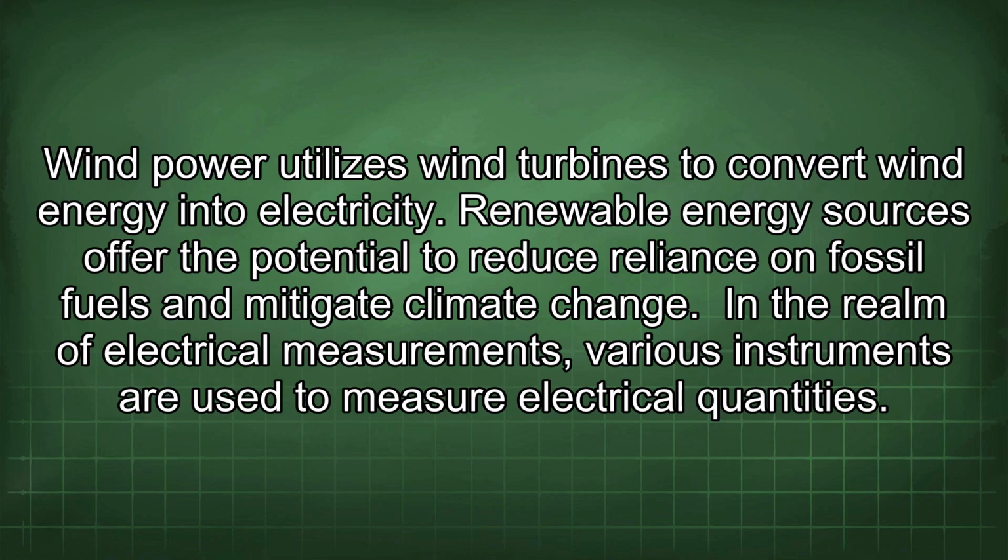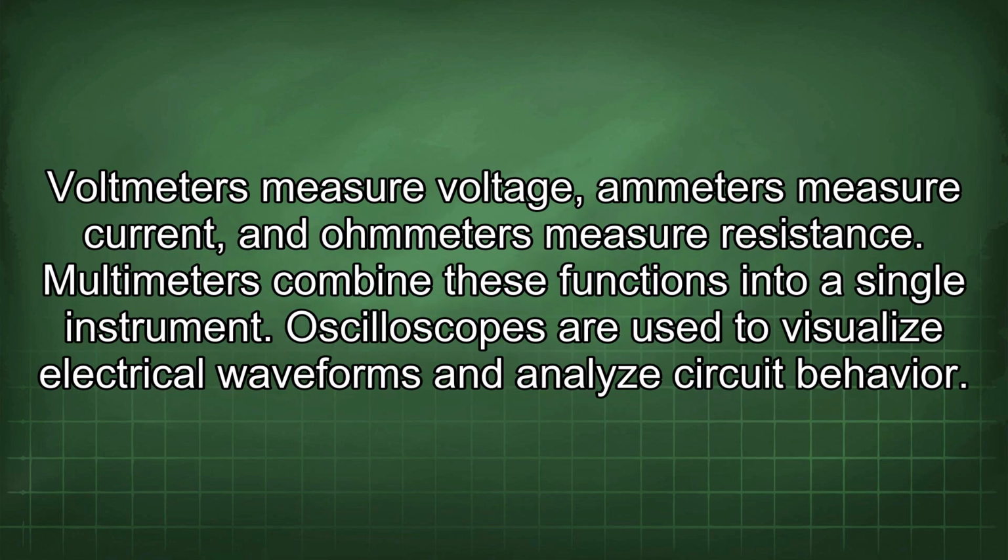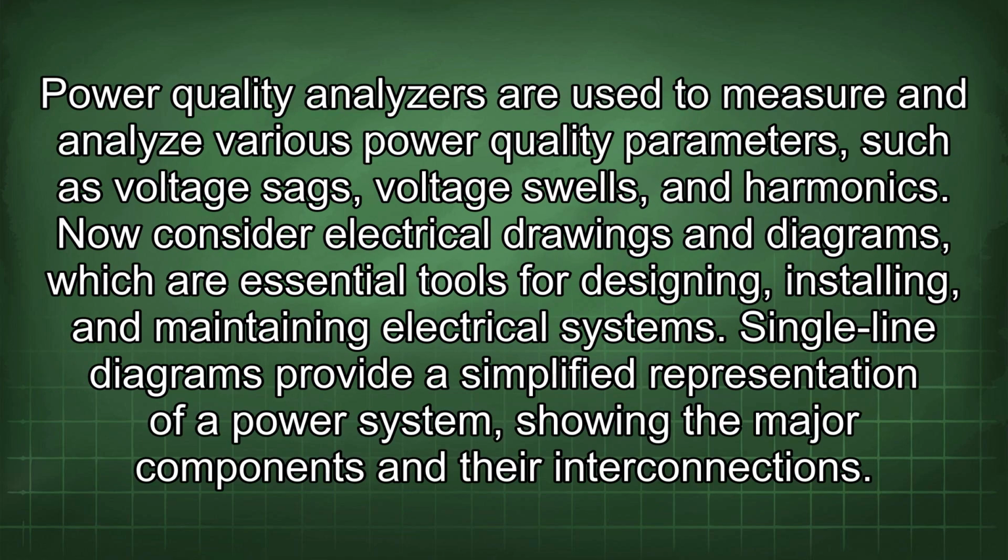In the realm of electrical measurements, various instruments are used to measure electrical quantities. Voltmeters measure voltage, ammeters measure current, and ohmmeters measure resistance. Multimeters combine these functions into a single instrument. Oscilloscopes are used to visualize electrical waveforms and analyze circuit behavior. Power quality analyzers are used to measure and analyze various power quality parameters such as voltage sags, voltage swells, and